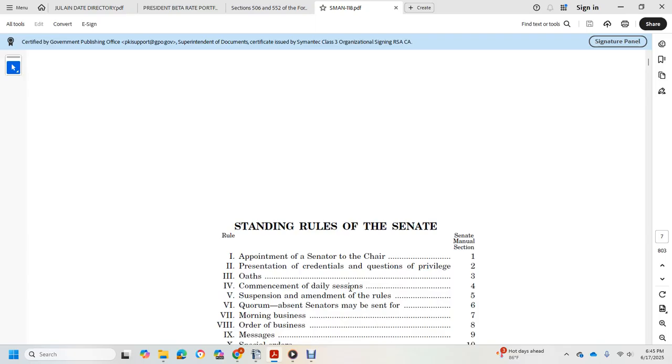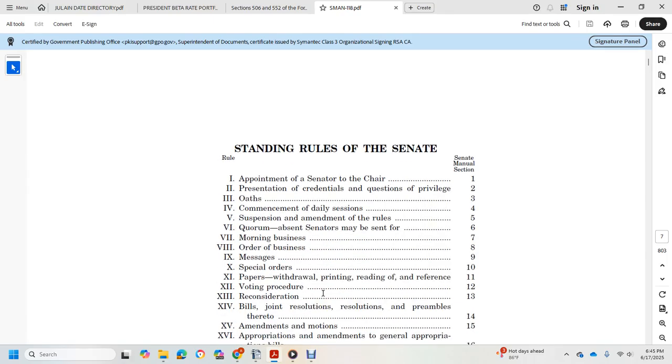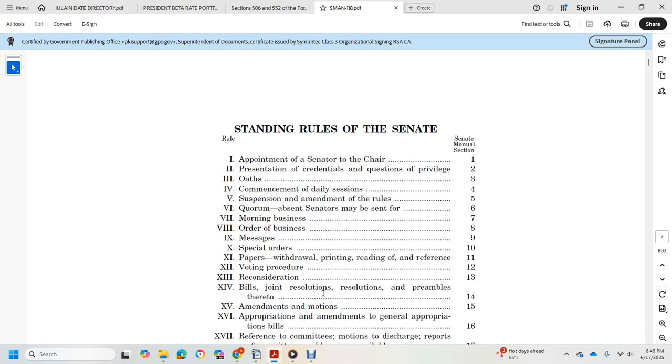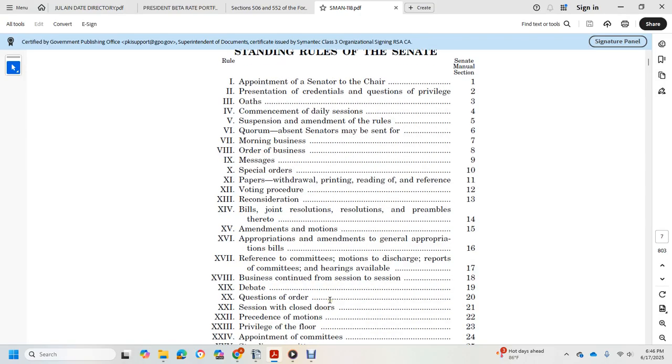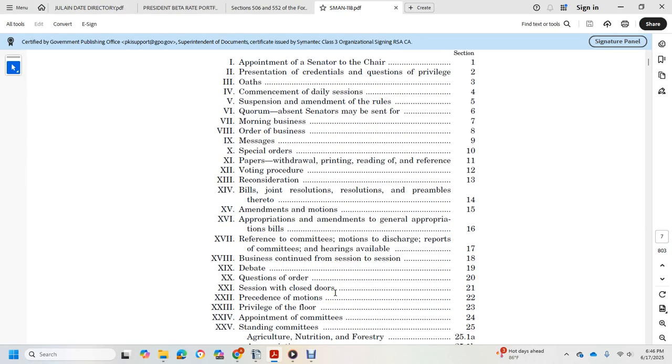Standing rules of the Senate: appointment of Senate chair, presentation of credentials, questions of privilege, oath, commencement of the daily session, suspension, abandonment, and amendment of rules, quorum, absent senators may be sent for, morning business order, business messages, special orders, papers, withdrawal, printing, reading, and reference, voting procedure, reconsideration, bills, joint resolutions, preambles, amendments, motions, appropriation amendments, general appropriation bills, reference to committees, motions to discharge, reports of committees, hearings available, business continued from session to session, debate, questions of order, sessions with closed doors,